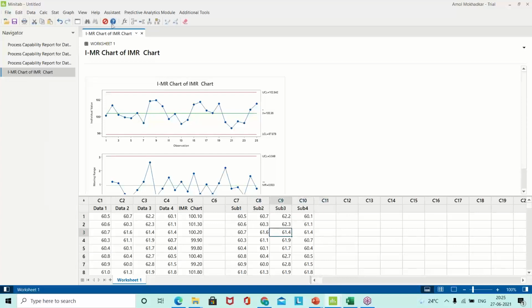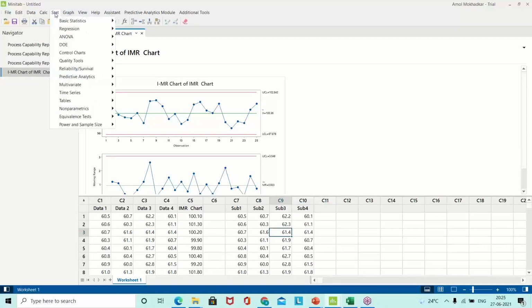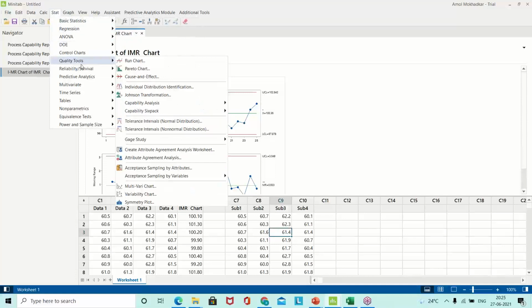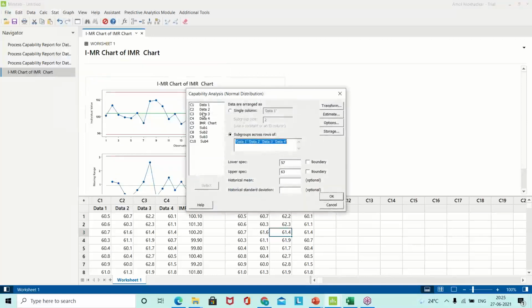Okay, now what we have to do quickly, I will go to Stat, then our quality tools are there, and then there is Capability Analysis, and then Normal Capability Analysis. So here I will use the subgroup size given across the